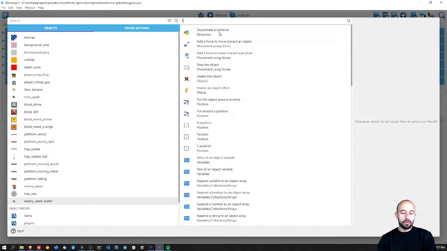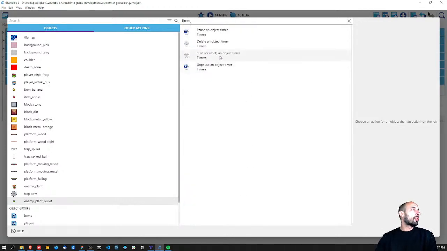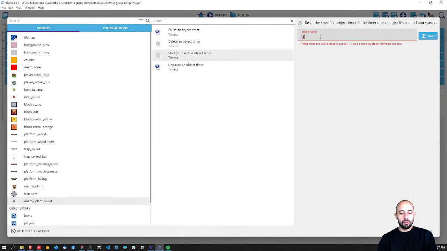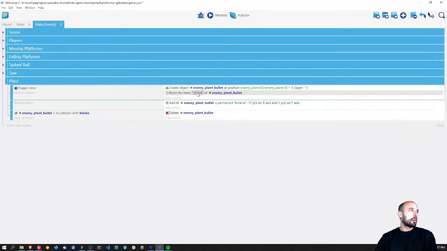Where do I have the timer? Timer, okay, start or reset an object timer, and I'm going to call it shoot. So it's going to start on trigger once, it's going to reset the timer shoot. Reset, when we say reset it is start or reset, and when the timer finishes, I'm going to wait a few seconds, and when the timer finishes, we are going to